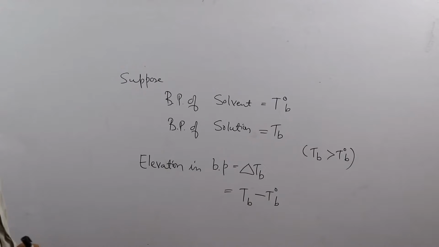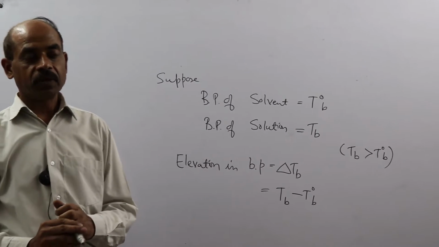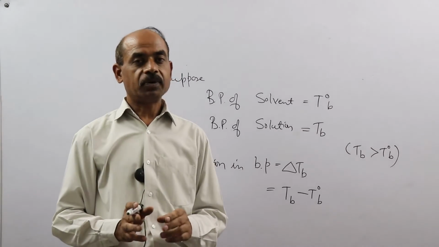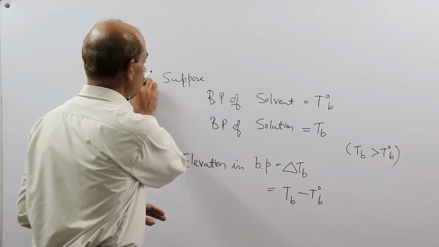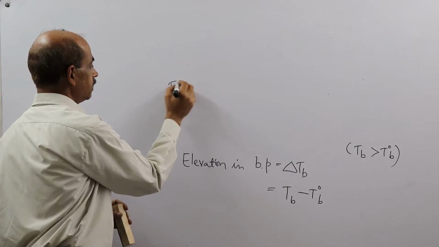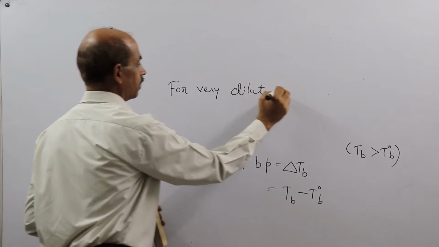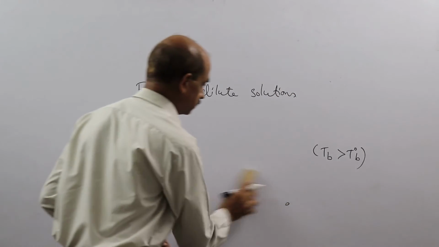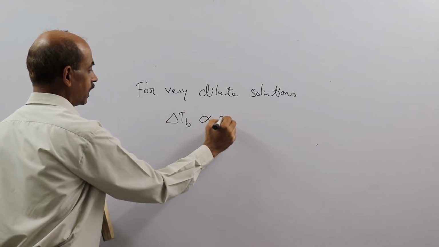Okay, this is it. And for very dilute solutions, that is, if we have dissolved very less salt in water, then it is found that the increase in boiling point is proportional to the molality. For very dilute solutions, it is found that delta TB is proportional to the molality, small m,